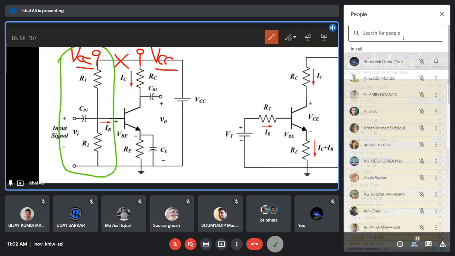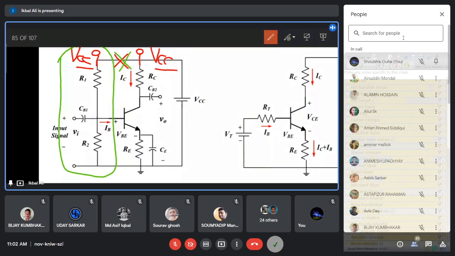Now this electrical path is not there. So it is separated from the right-hand side portion of the circuit. So only this portion of the circuit, we will Thevenize it. So this R1 and R2 is connected through a series path with the VCC supply. We are now applying Thevenin's theorem between this base point, the junction of the R1, R2, and the ground point. Between these 2 points, we are now applying the Thevenin theorem.